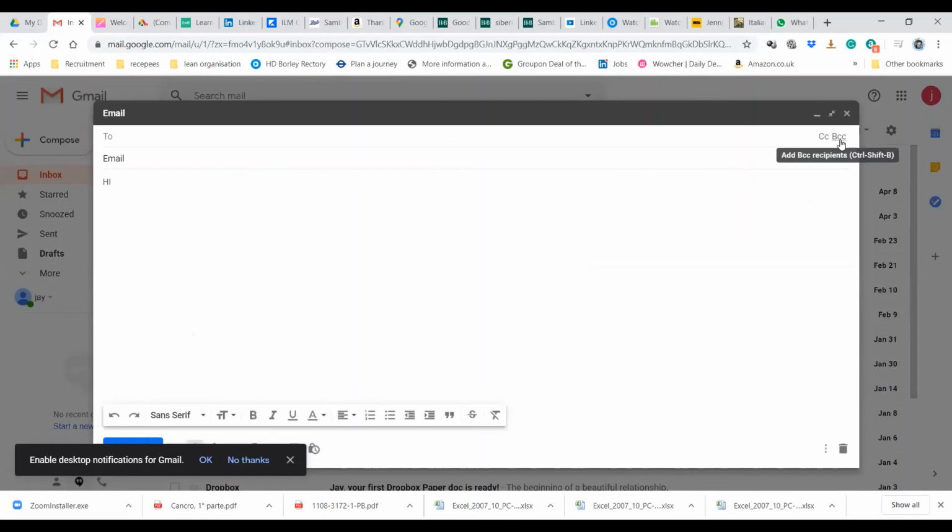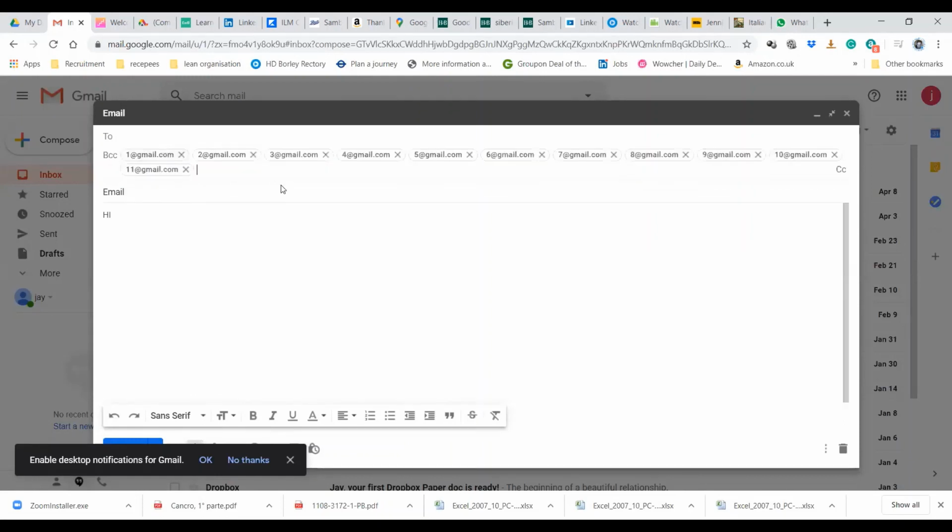Okay. Just to let you know, because of data protection, when you send a group email, it's no good to let other people have the email of the person they send to. So instead of putting the email addresses in To, I'm gonna put them in BCC, which is a hidden copy, so no people can see which emails you send. So I'm gonna put BCC, and I'm gonna paste all the email addresses like this, and after I just send the email. So like this, you can send to a full database of emails in 1 second.